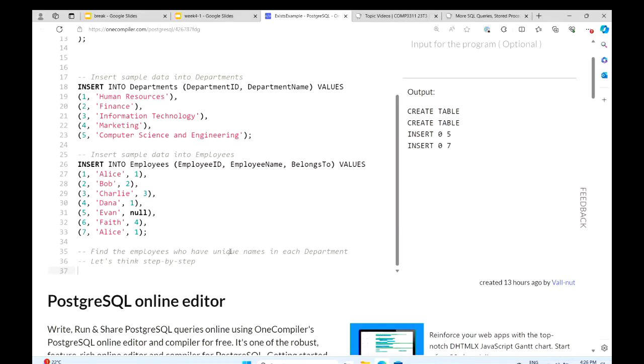So it's like we find an employee where there's no other employee who has the same department ID and has the same name. So that's how we think about this problem.